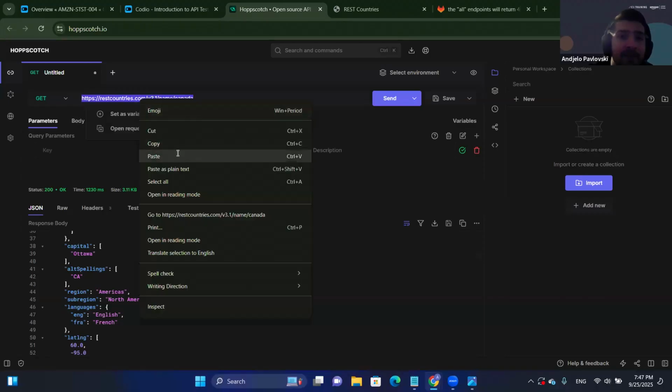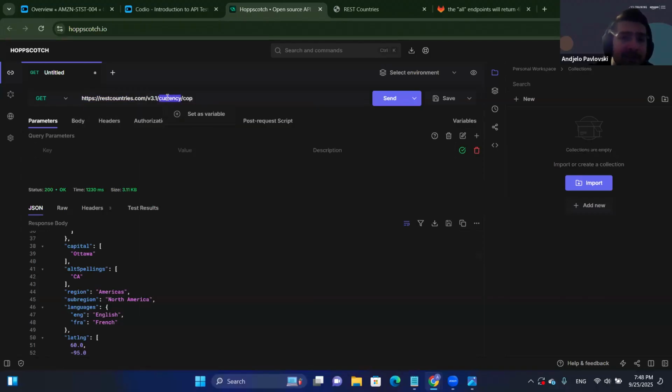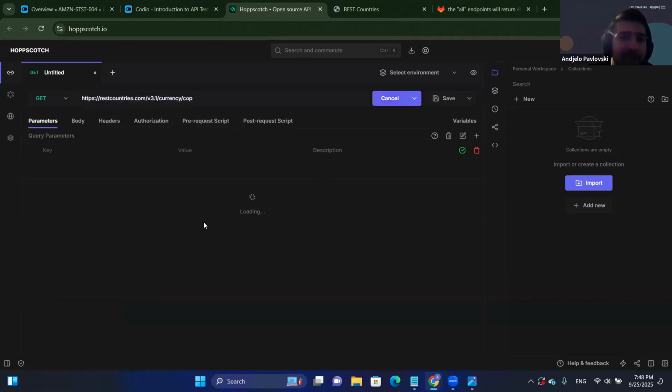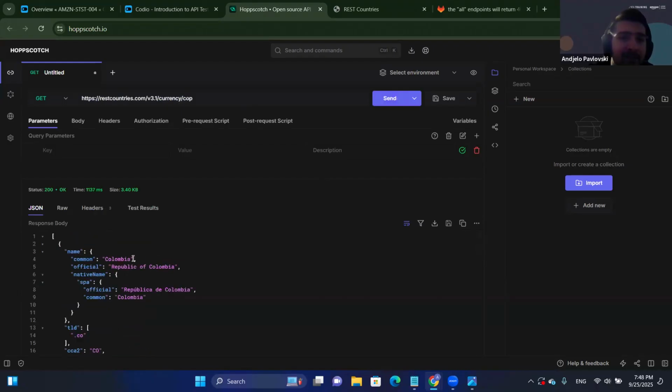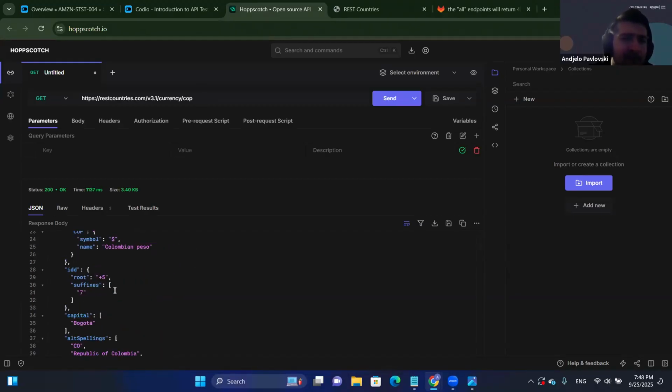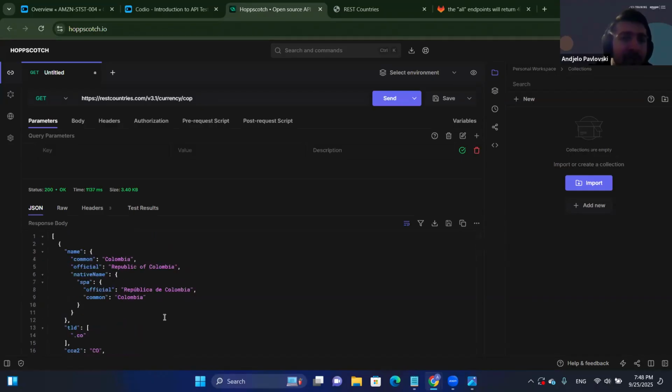I'm going to paste it here. So again, previously we had name, we wrote the name of the countries. Now we write the currency and we write what is the currency value. And if I do send and I scroll a bit above, we see Colombian pesos is related to Colombia. So we get the country that uses this currency. Again, we have the same information that we viewed before. No need to go too much about it, but essentially we are getting everything we need from the request that